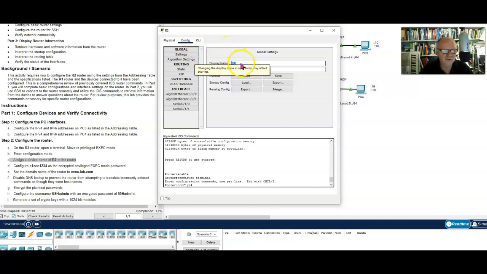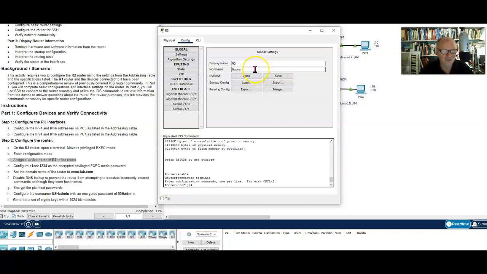And notice, see this little yellow thing here? It says changing the display name in an activity may affect scoring. Don't change the display name because it may affect the scoring in here. Now I've discovered that for some reason the scoring is already messed up in this thing as it is.